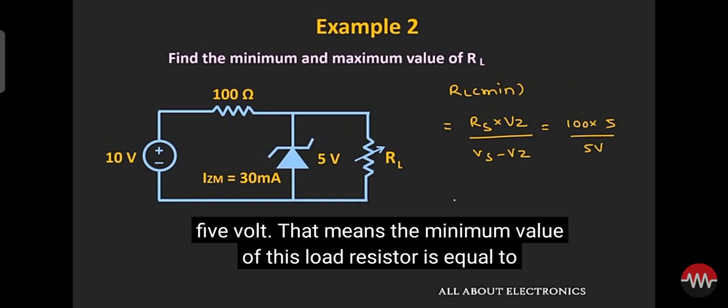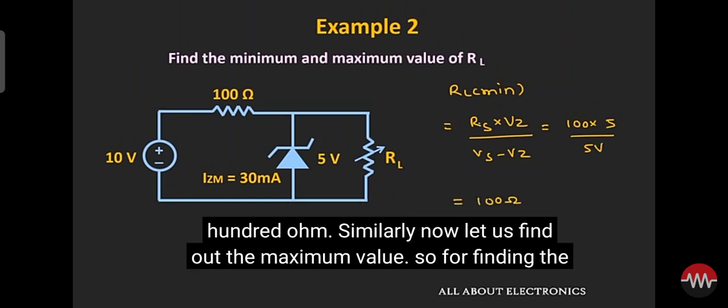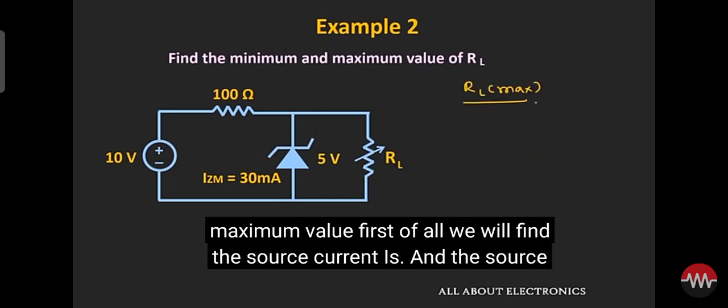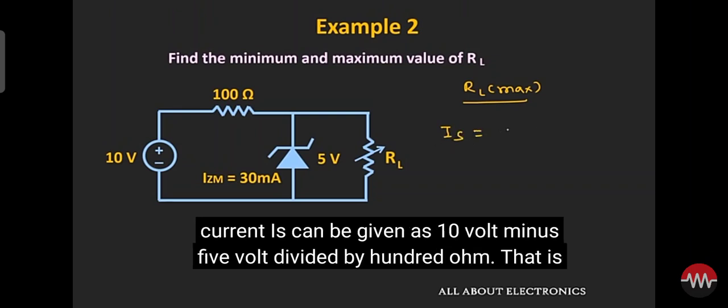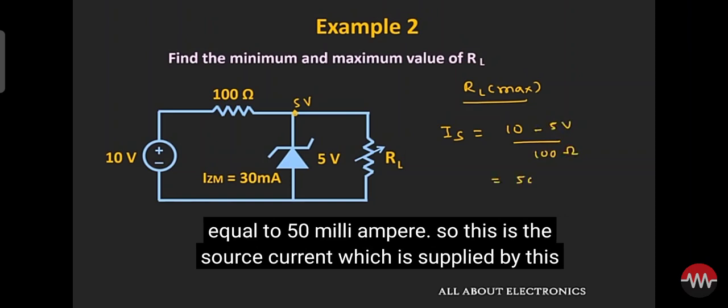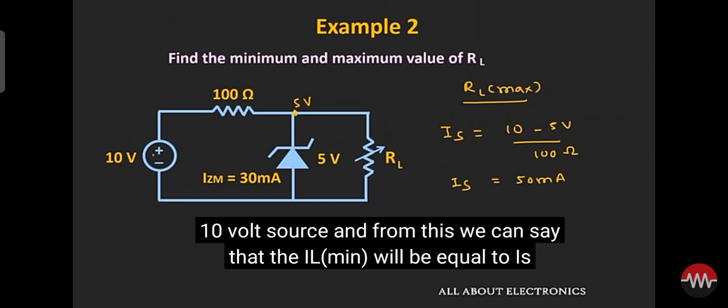That means the minimum value of this load resistor is equal to 100 ohm. Similarly, now let us find out the maximum value. So for finding the maximum value, first of all we will find the source current Is, and the source current Is can be given as 10 volt minus 5 volt divided by 100 ohm, that is equal to 50 milliampere. So this is the source current which is supplied by this 10 volt source, and from this we can say